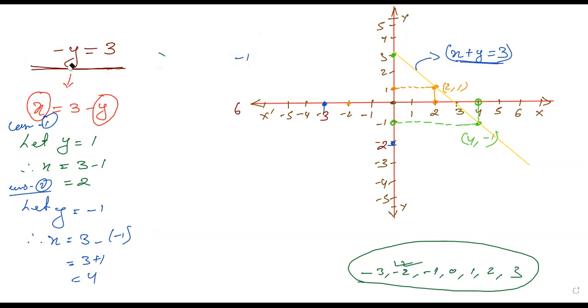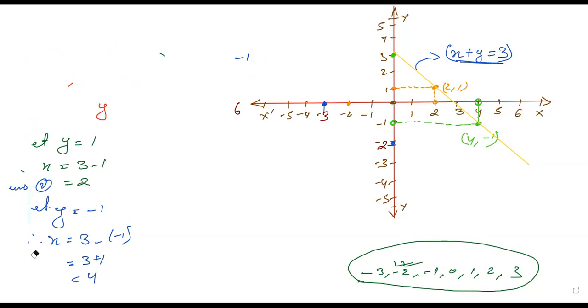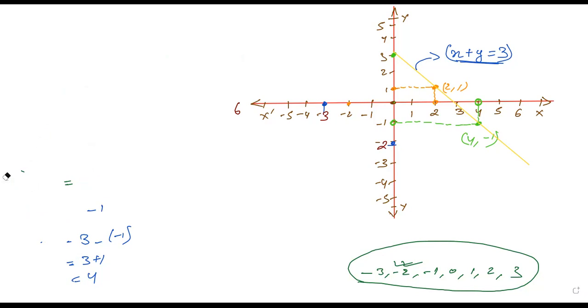Okay, so just a minute, let me clean it out for you all. Then we can go for one more question. And this on the same graph, I will plot it out. So I'm not going to erase that one, so that you can understand. So in one graph only, we can have more than one equation also. Okay. Suppose a question is given 2x plus y is equal to